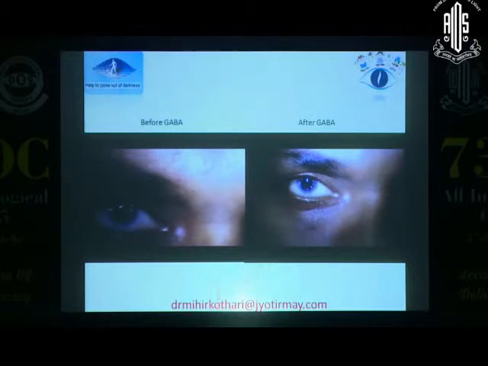There was a significant improvement in the visual functions. Around 3 lines improvement took place. Actually, 3 lines: 1 by 60 became 3 by 60, and when he stopped GABA, again it dropped down. However, brinzolamide was considered contraindicated because this was a keratoplasty patient, so we are not allowed to use brinzolamide for this particular patient. So he's continuing on GABA without any side effect at this point in time.